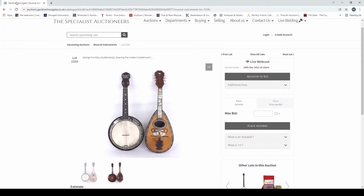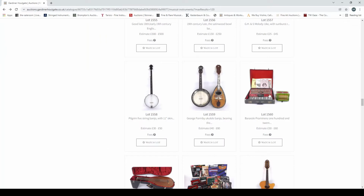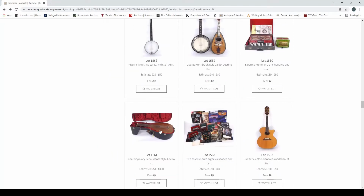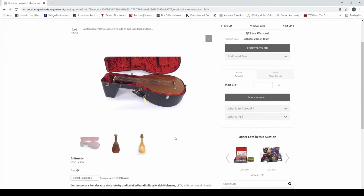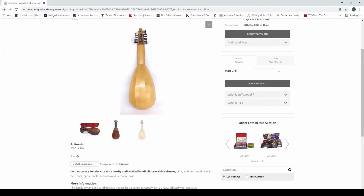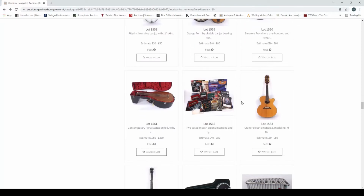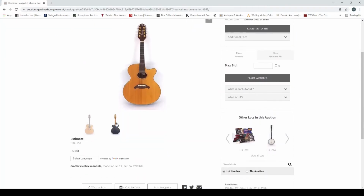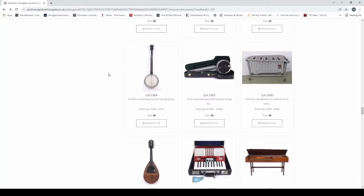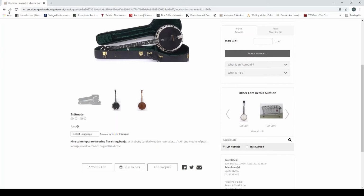So, not too bad. Here is a 120 button accordion and another instrument. Contemporary Renaissance lute there by Maish Weissman. It's actually fairly interesting. Load of mouth organs, Crafter electric mandola, Grafton contemporary 5-string banjo, another contemporary 5-string banjo,